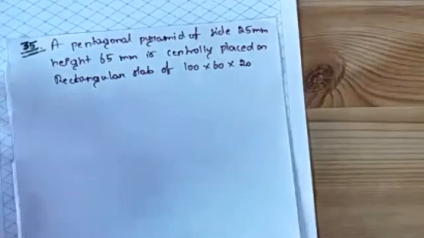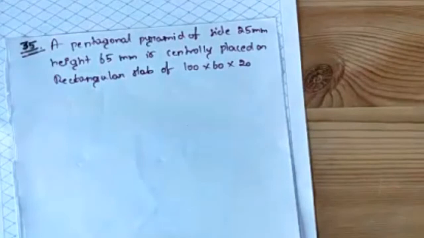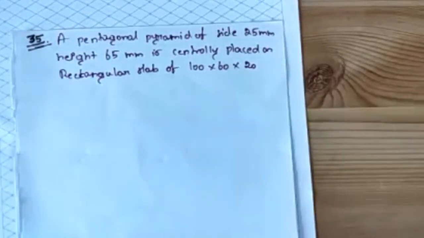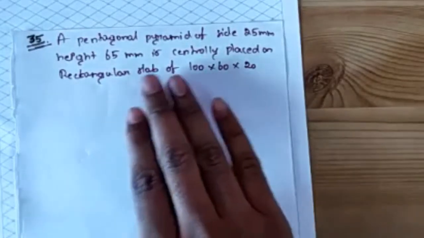The 35th problem in your PDF. Pentagon pyramid. Whenever we are solving a pentagon or hexagon, you know that we are supposed to draw a separate sketch for that. We'll be drawing a pentagon or a hexagon and placing it in a rectangular box, and those dimensions will be transferred to your isometric grid sheet. In a similar manner, in this problem we have a pentagon pyramid.